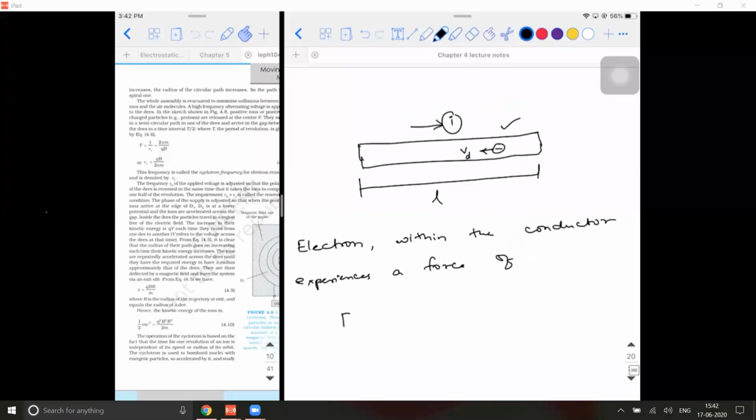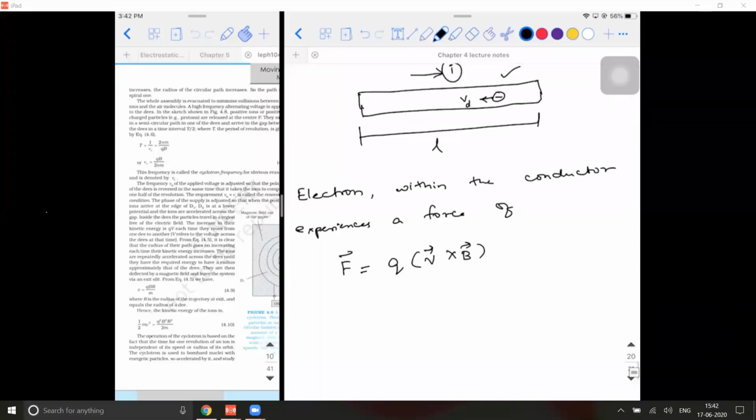You know this answer. A charged particle moving in an external magnetic field, we saw one formula and did many problems based on it: q into v cross B. So q into v vector cross B vector gives the F vector. What is the direction of F vector? F vector is equal to the charge that is flowing through the conductor, which is minus e. I'm calculating the force experienced by one electron as of now, but there will not be just one electron. Let's say there are n electrons, that we will see later.